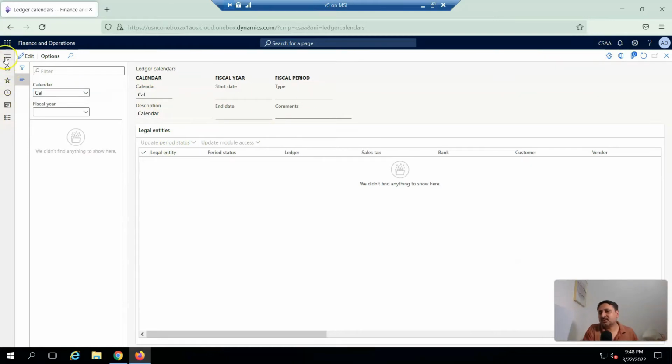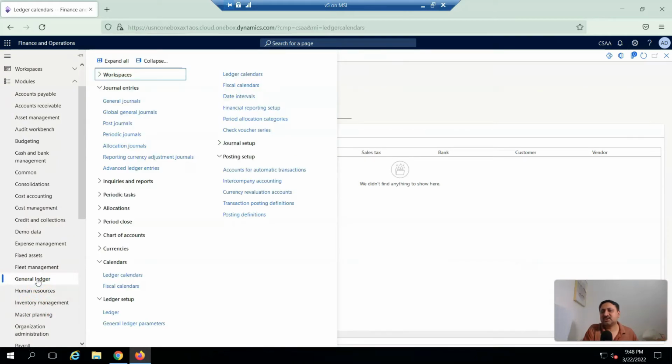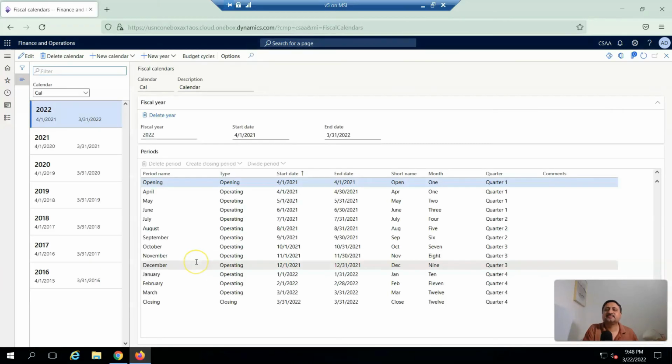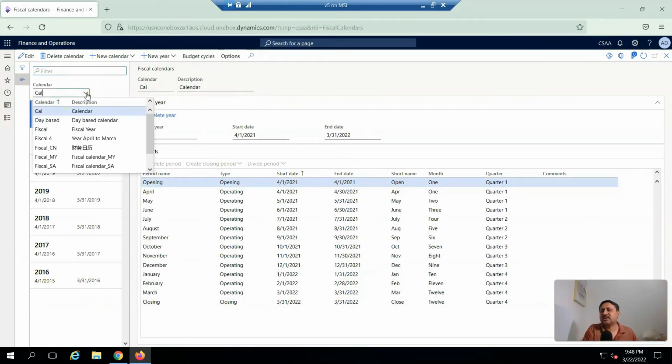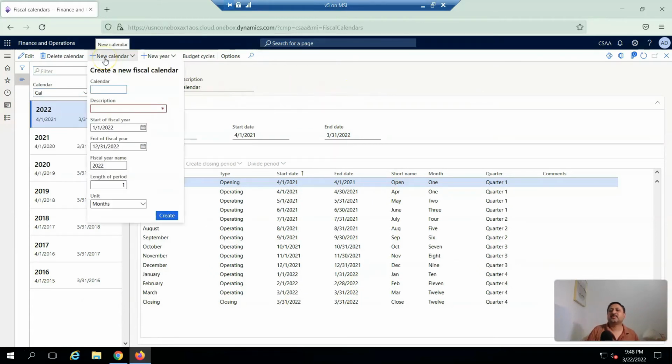CSSA. So I'm going to create a new fiscal year. For this I have to click on Journal, Ledger, then Setup, and this is the fiscal year ledger setup. Here different options are available. I already mentioned that these calendars can be common, you can switch, but I'm going to create a new calendar. For example, my calendar is